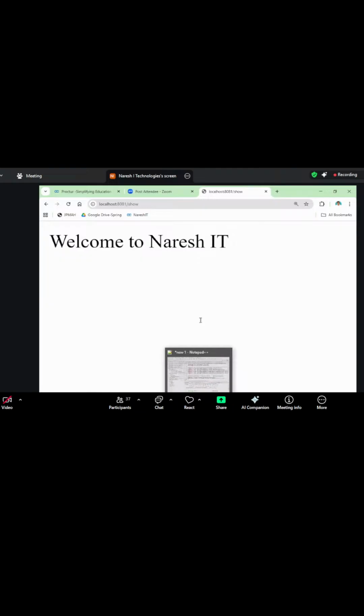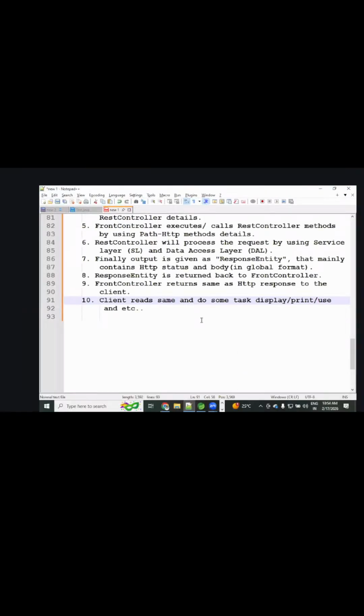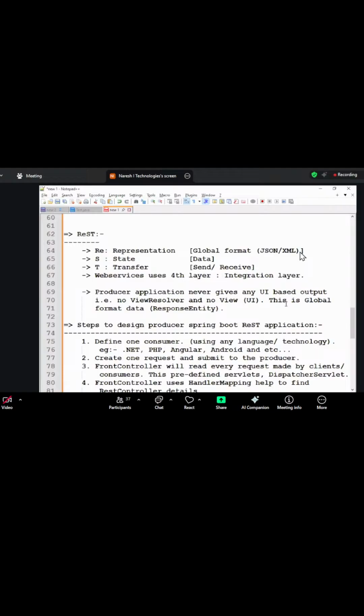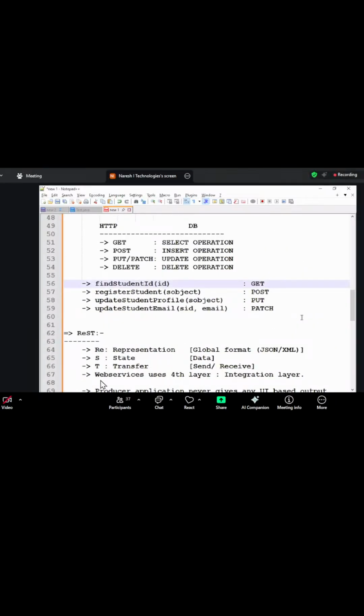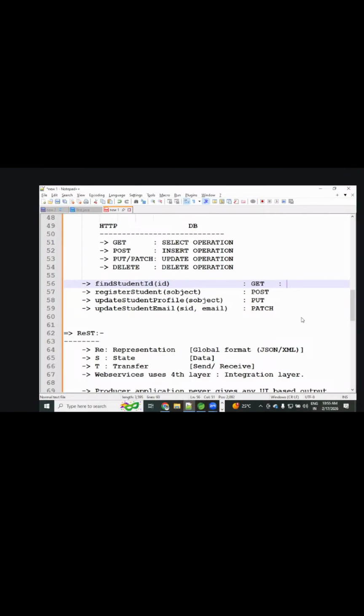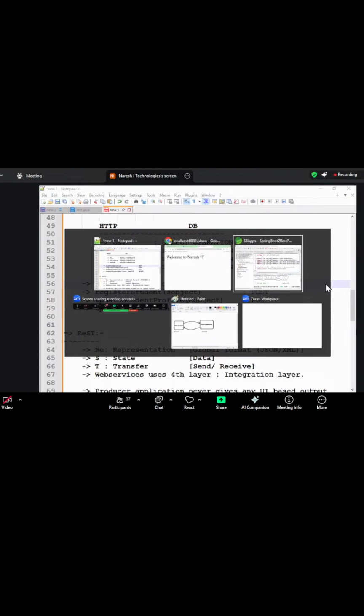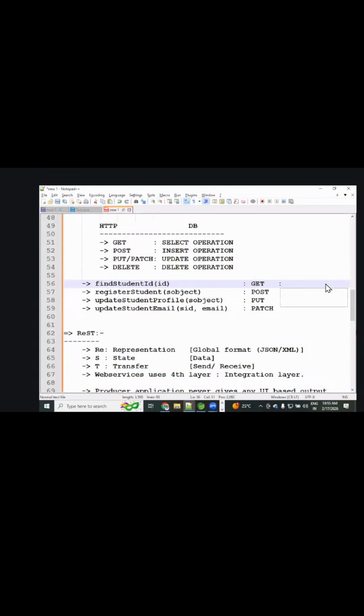Tomorrow we don't have a class like this. It is going a little bit fast. I am going to give the respective annotations also. Just 1 minute, I don't want to take much time. Where is get? GetMapping. If it is post, PostMapping. If it is put, PutMapping. For all HTTP methods, you have the respective annotations.